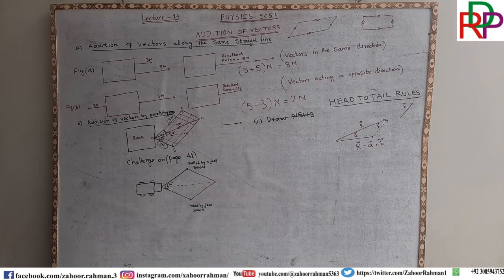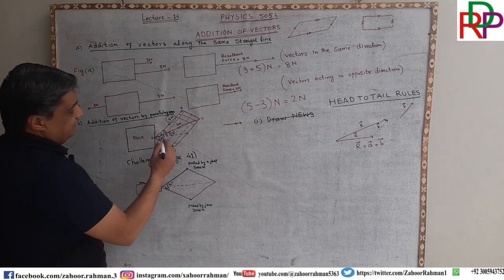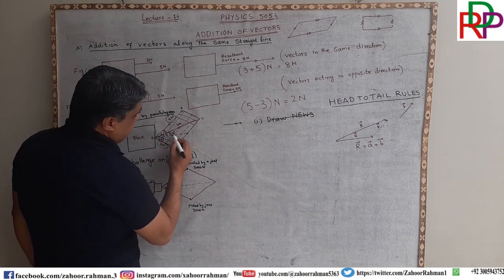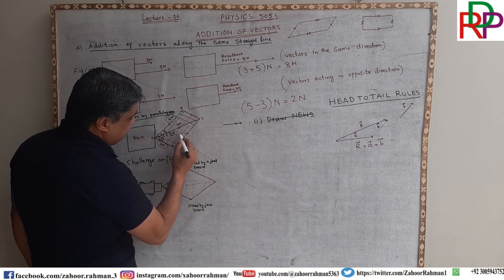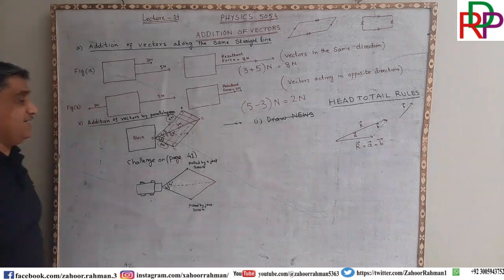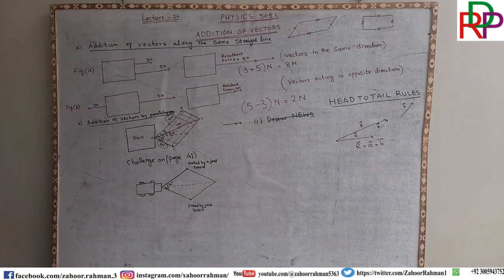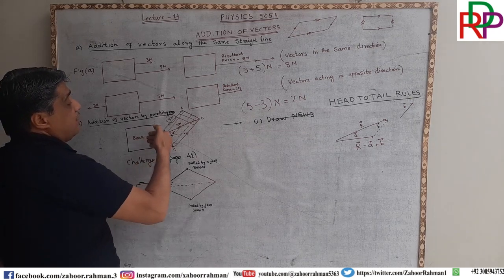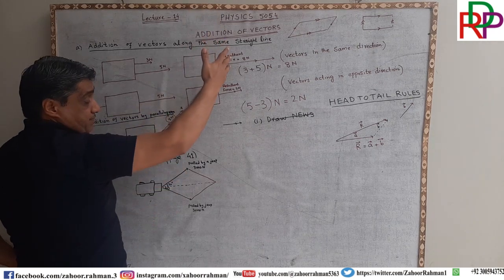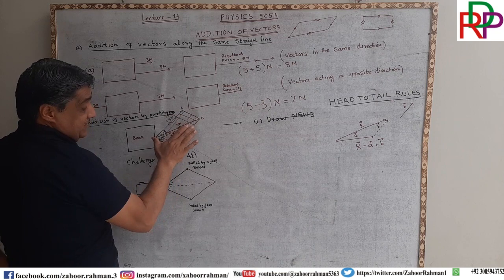And remember, ladies and gentlemen, that when we calculate this resultant line's angle with the horizontal line, it is 18 degrees. So it means that this block will move a bit upward at 18 degrees, because this